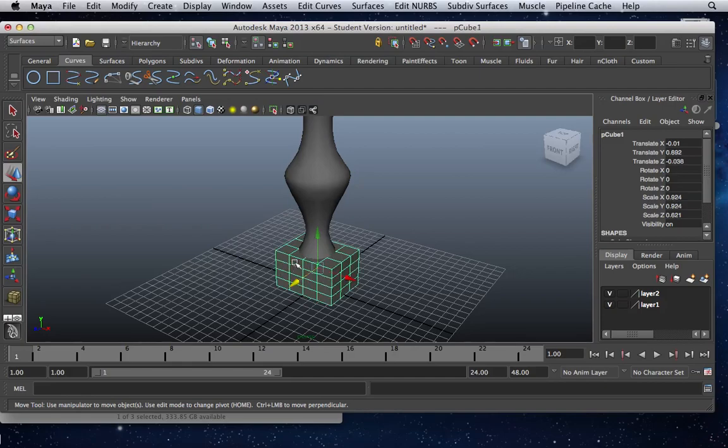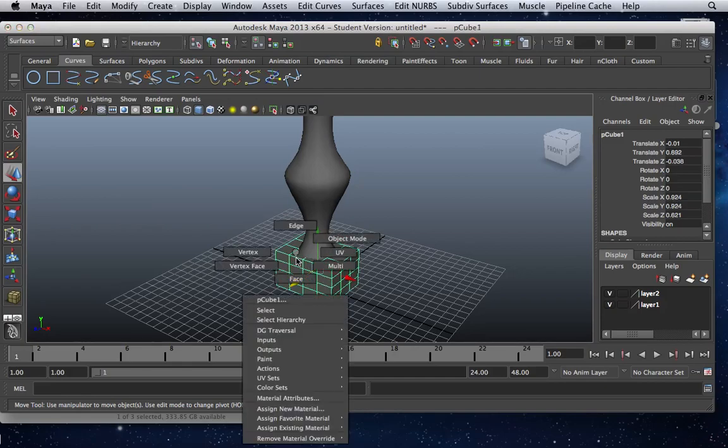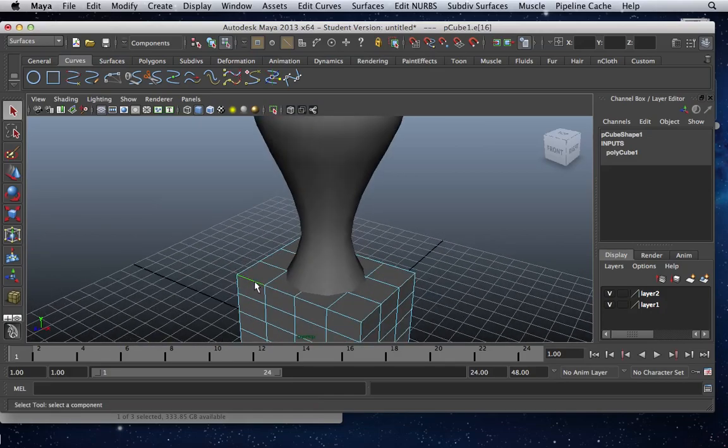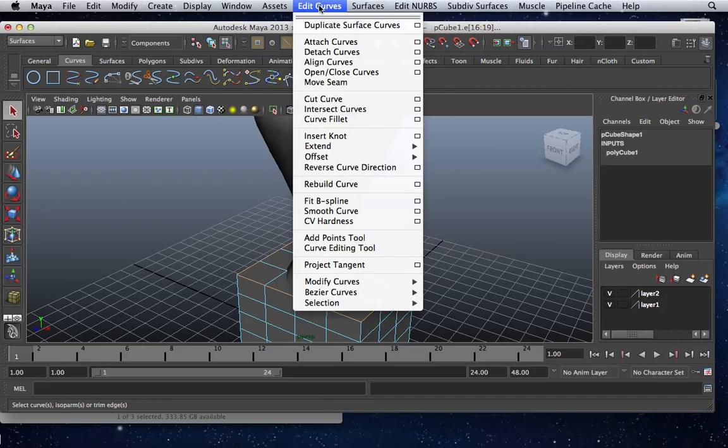But if I select this cube and right mouse click and choose edge, and make sure you're on this component mode right now, and I click on this object and hit Q so the manipulator goes away, you indeed see that I'm selecting that edge. Now if you click once, it will select one edge, but if you click twice, it will select the entire line. So I'm going to hold the shift key and click twice on the 4 sides, so I have all my edges selected, and then under, oops, sorry, edit surfaces, let me actually